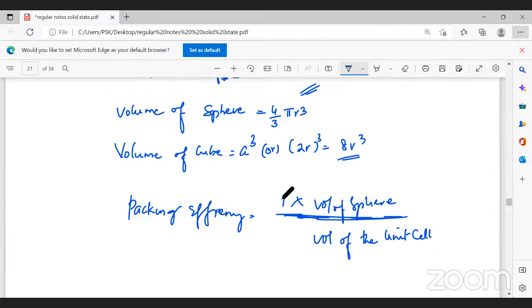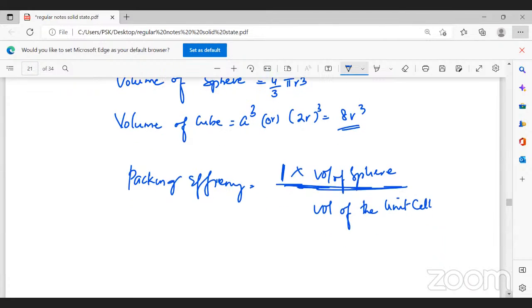So in the simple cubic lattice, how many particles we have? 1. If I'm working on body-centered cubic lattice, particles will be 2, so I have to multiply this by 2. If I'm talking with respect to face-centered cubic lattice, I have to multiply it by 4, because face center has 4 particles in a unit cell. So that will be equal to 1 into 4 by 3 pi r cube divided by the volume of the unit cell, which is 8R cube. On simplifying this, you will get pi by 6,